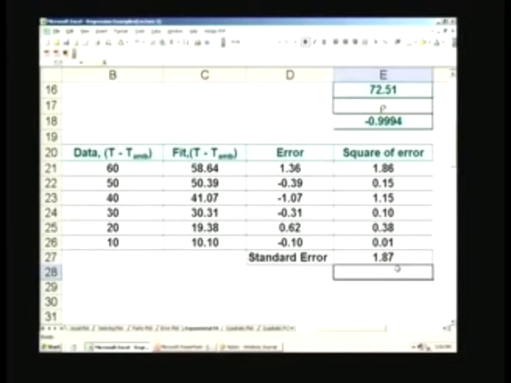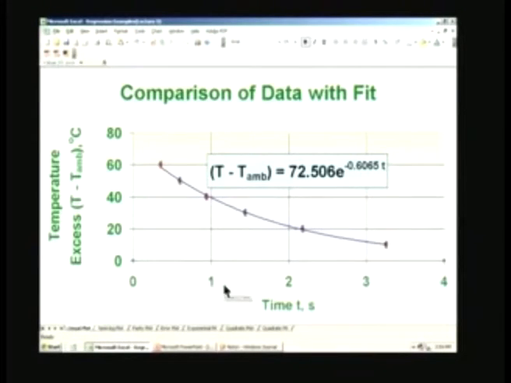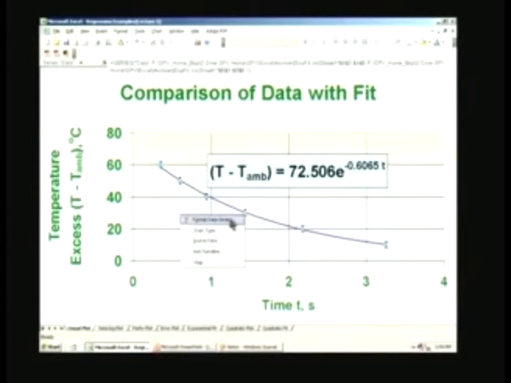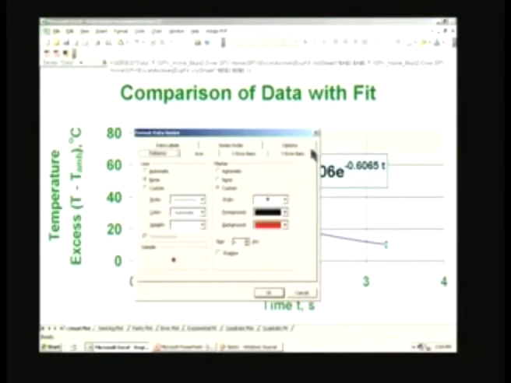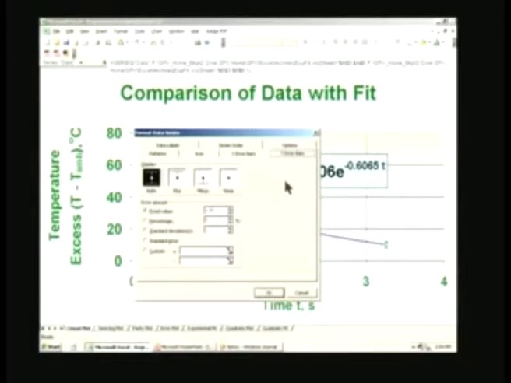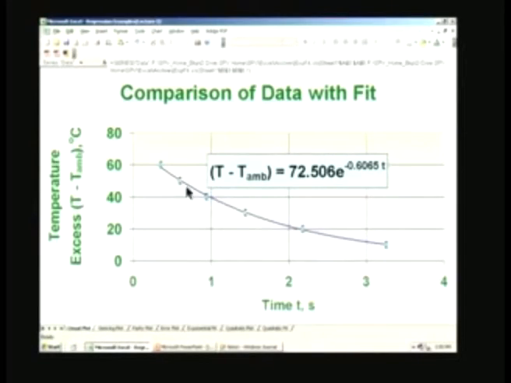I calculated here. Now, I can go to the plot and in fact show the standard error as an error bar. So, if I go to the data point, format data series, I have an option for giving the error bar. What I have done is that 1.87 I have written here in this option, so that it will give a bar like what is shown here, and that is what you see here.